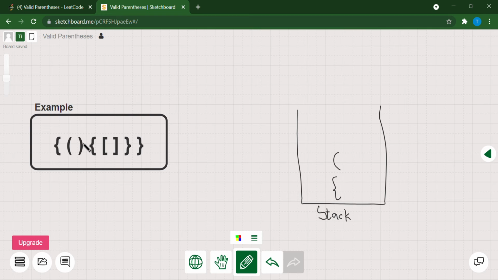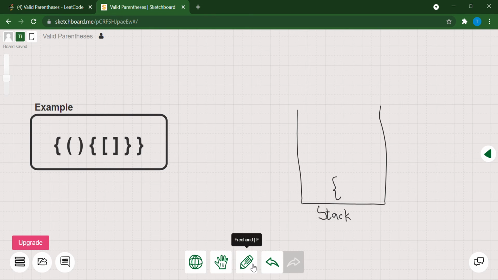Then this third thing is a closing round bracket. Since it's a closing bracket, I'm going to peek at this stack. I'm going to look at the top element, and see if it's of the same type as the element that I am at right now. I'm at a round bracket, and this is also a round bracket. So we're good. We can just pop this element off